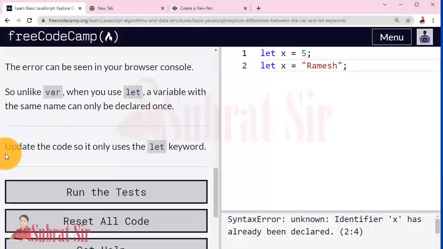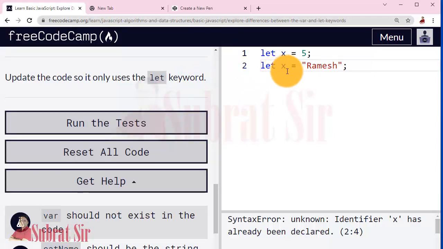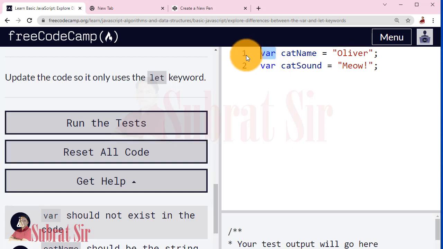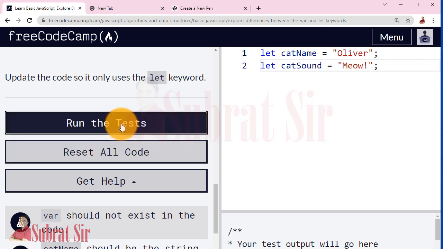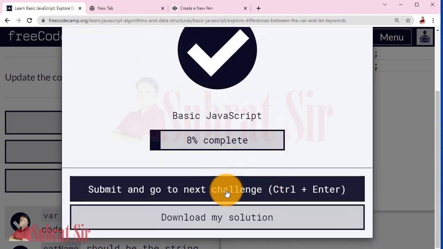Now task for this lesson, update the code so it only uses the let keyword. Okay, so where var keyword is used, we will change it to let and then run the test. Yes, we completed successfully.